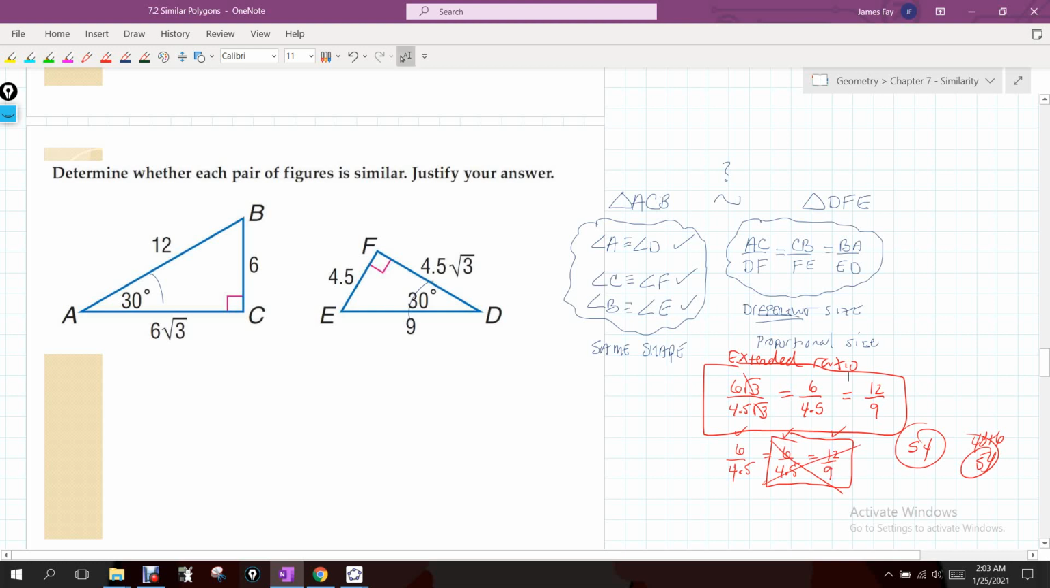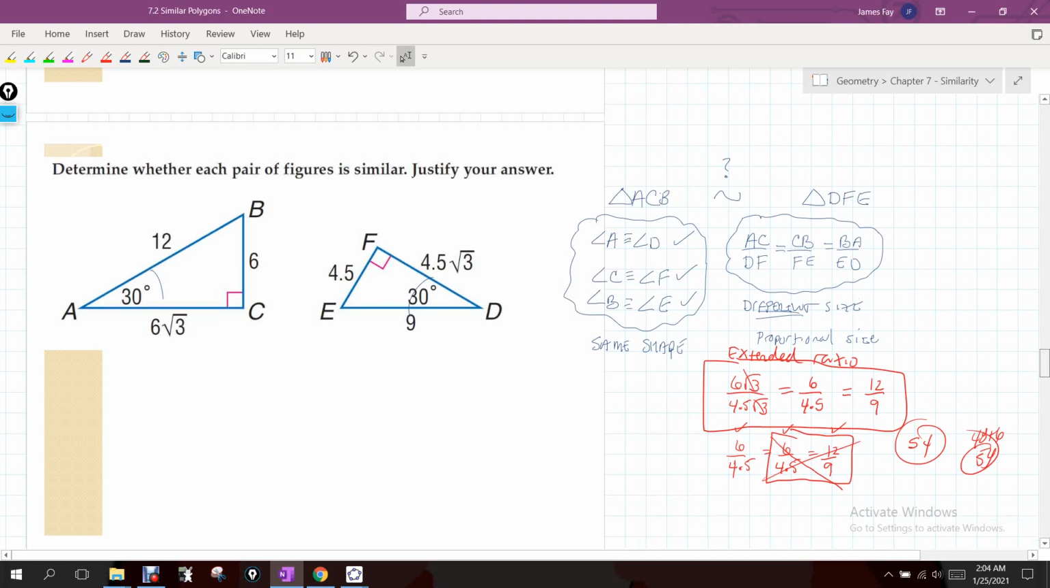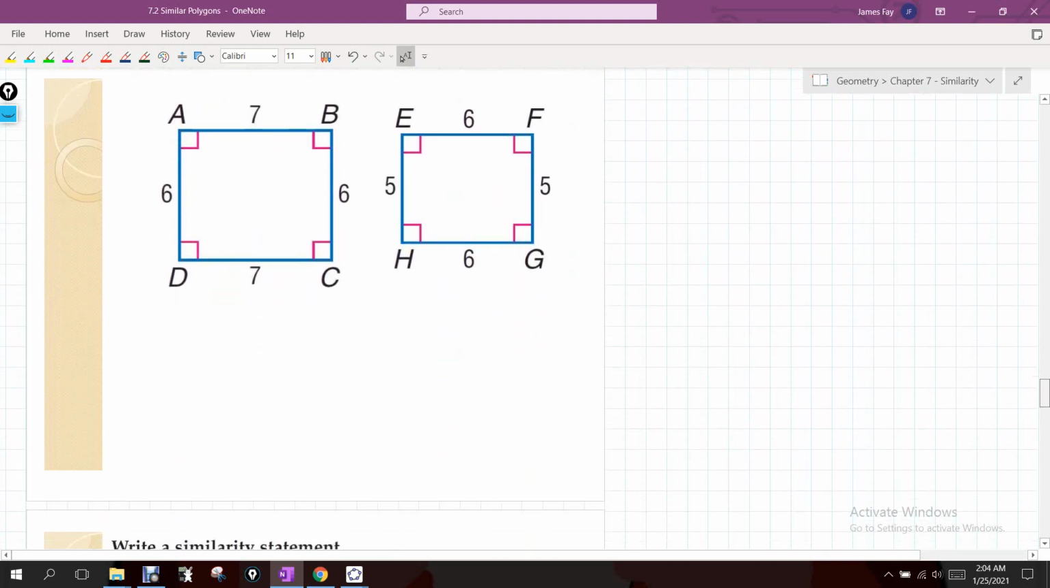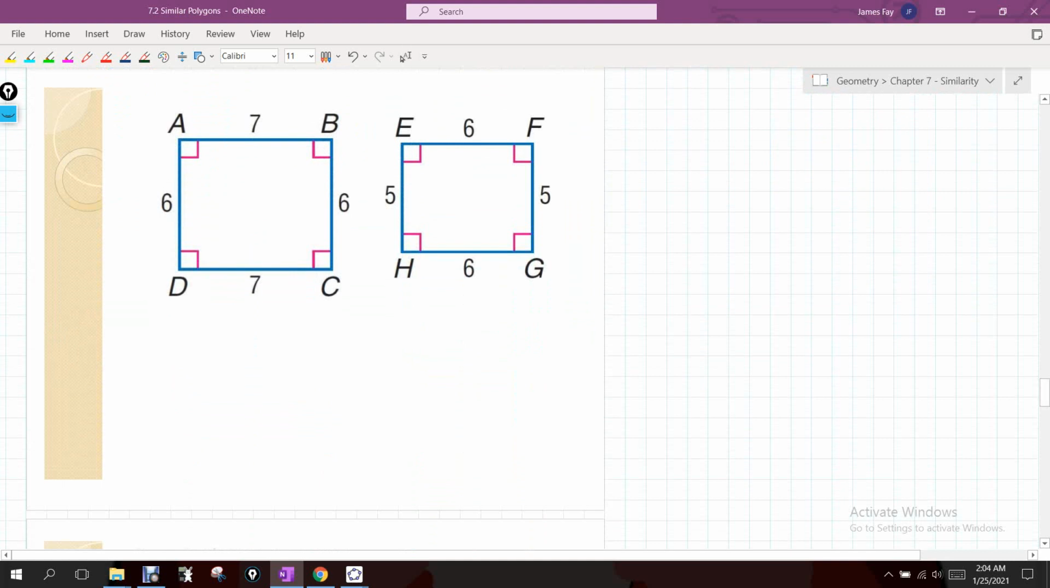So these would be similar figures because corresponding angles are congruent and corresponding sides are proportional. All right, so we come down here. We want to see if we can do the same thing. So I'm just going to go from, let's name this A, B, C, D on the left, and see if that is similar to E, F, G,